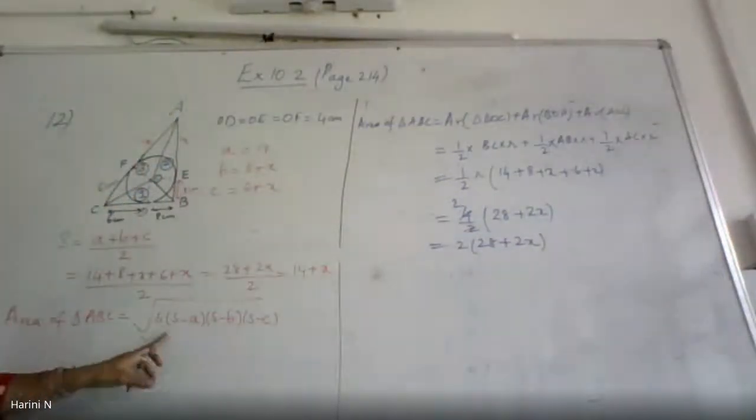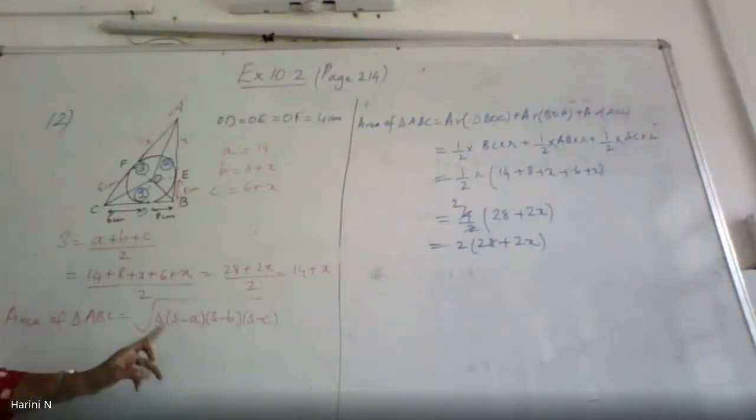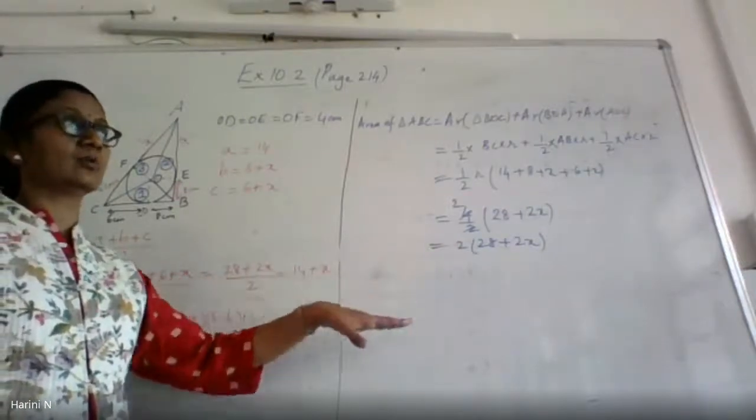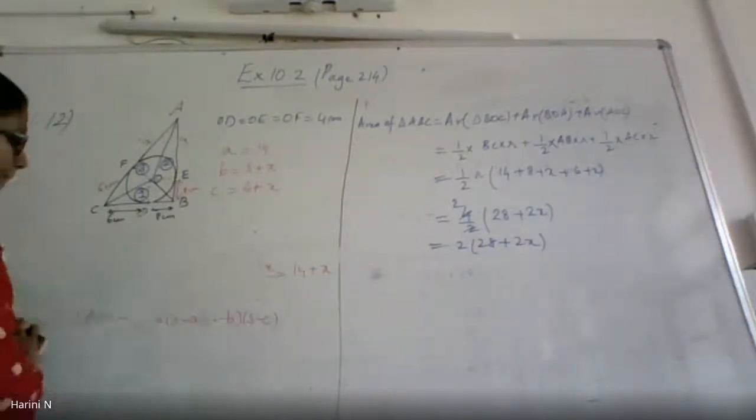You will get a square root with some product of x. So definitely it is going to be a quadratic. So you will get a final quadratic equation, and then when you solve that you will get the value of x. Okay. So with that I am removing this from the board.